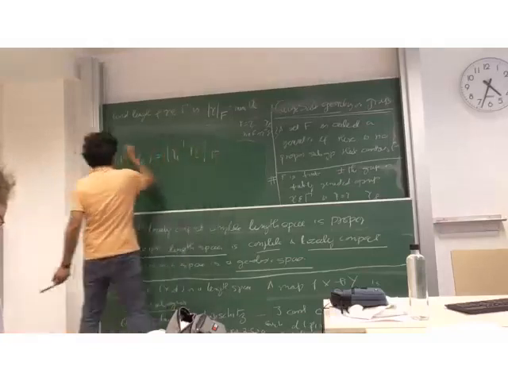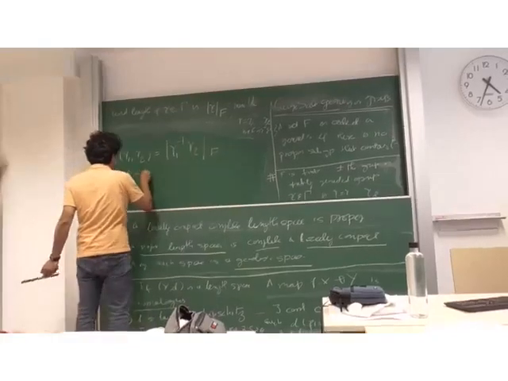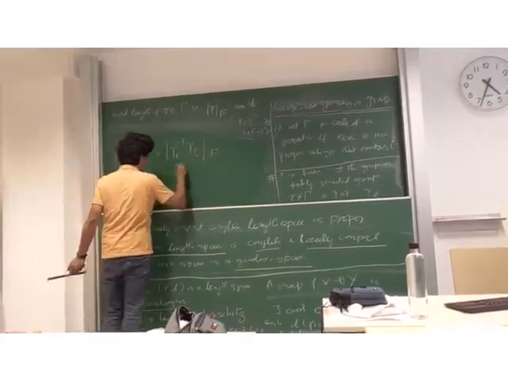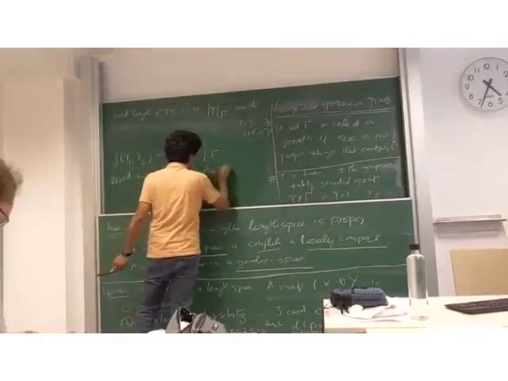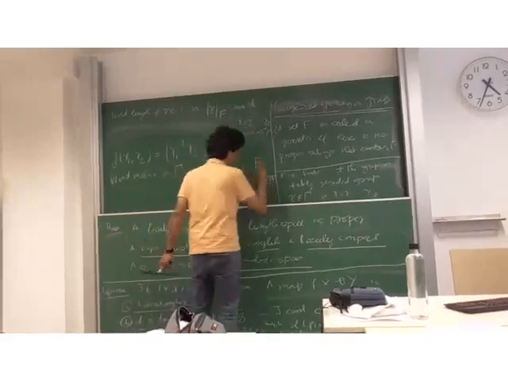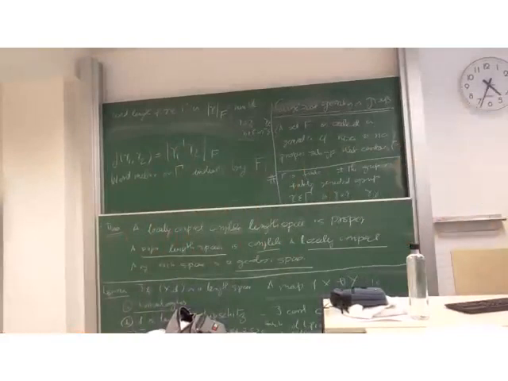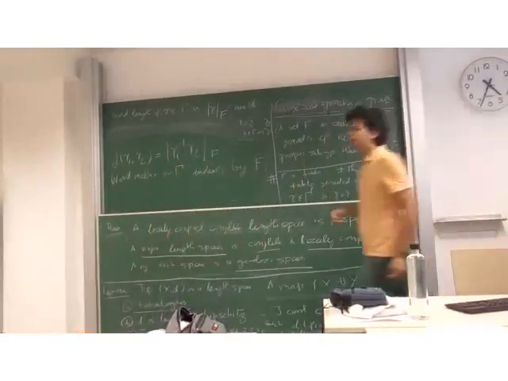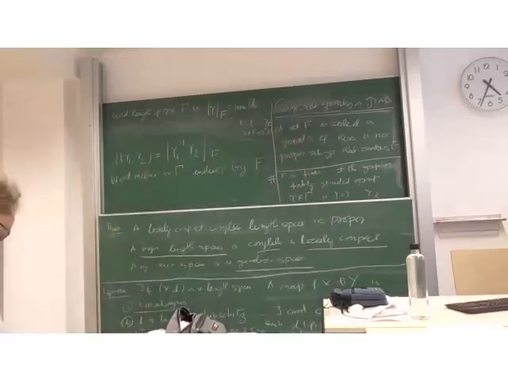So this is the word metric on gamma induced by F. Note I have written induced by F. A group can have many different sets of generators. And every generator,